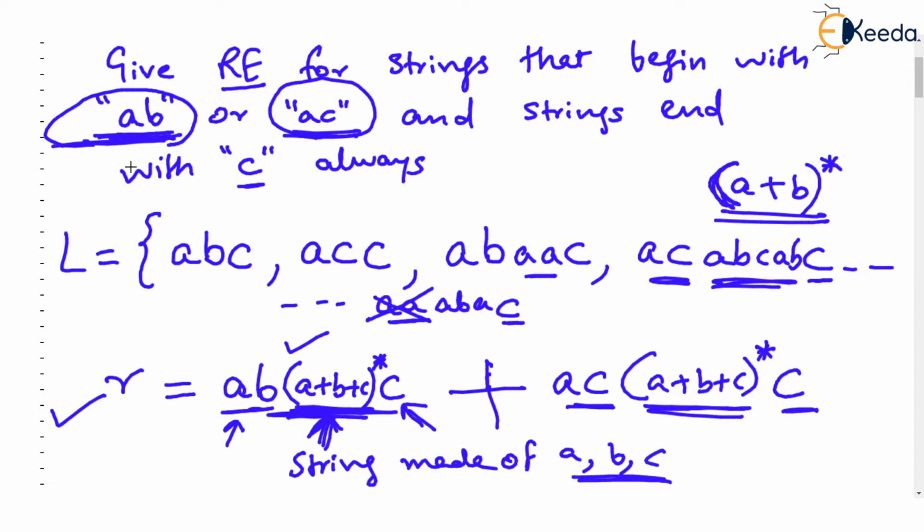Now, try to understand this middle part A plus B plus C star. It's so important that when you are given a problem like this, that strings must begin with something and end with something. In the problem, they will not mention what is there in between that begin and end. Now, it makes sense that between that begin and end, there can be any string made up of sigma, and sigma is ABC. So you can collect any letters ABC and you can make the substring there using a closure. So that's the first example.